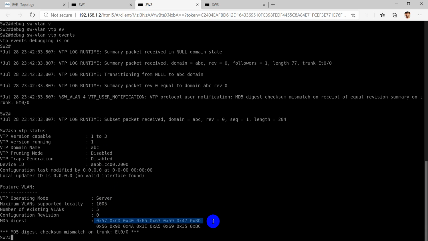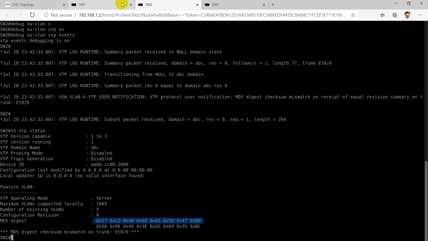You can see that the MD5 value is what it was before. It will normally take 300 seconds to send the summary advertisement messages and the subset advertisement messages. We won't wait for 300 seconds.